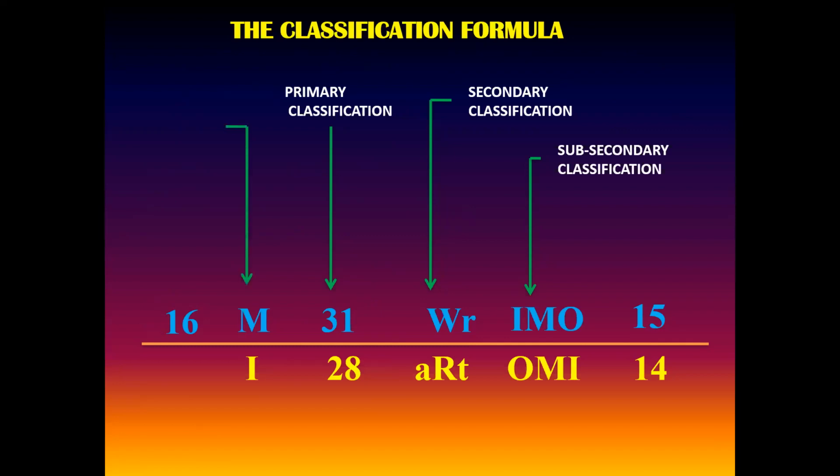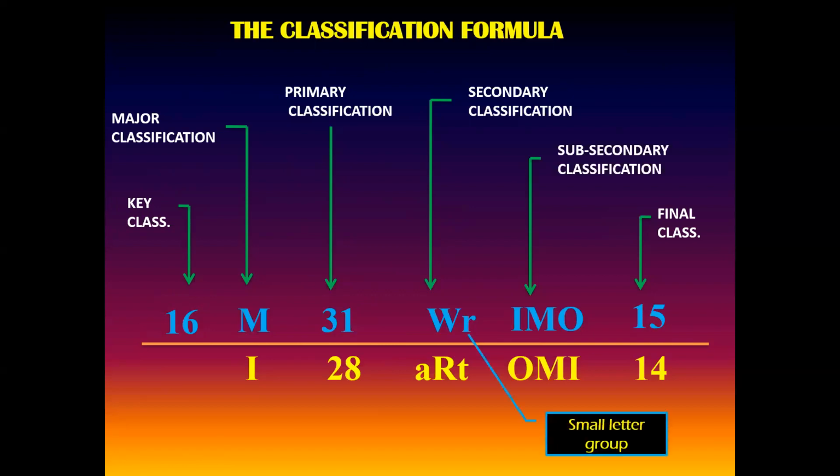And then, of course, we have the major classification. It involves the thumbs only, thumbs of both hands. We have there the final classification or final division involving the little fingers only. And then we have the K classification, which involves the ridge count of the first loop appearing on the set of fingerprint card. And then, of course, the small letter group.